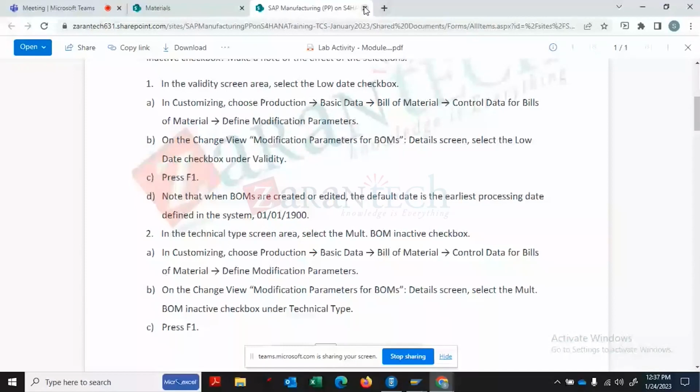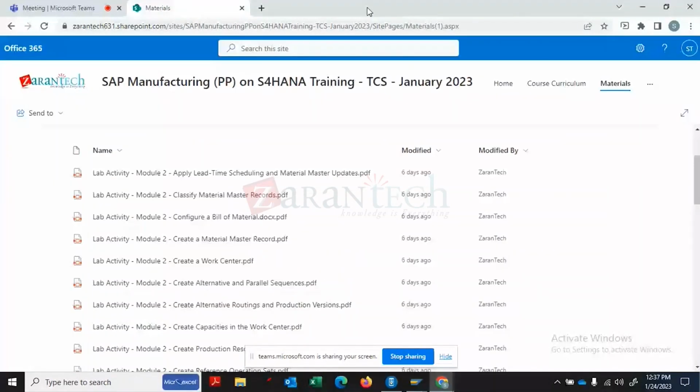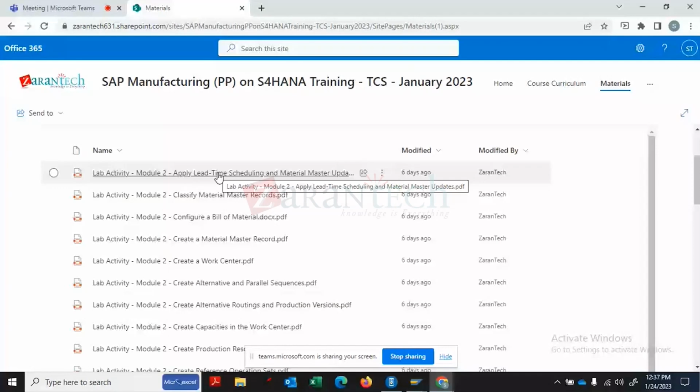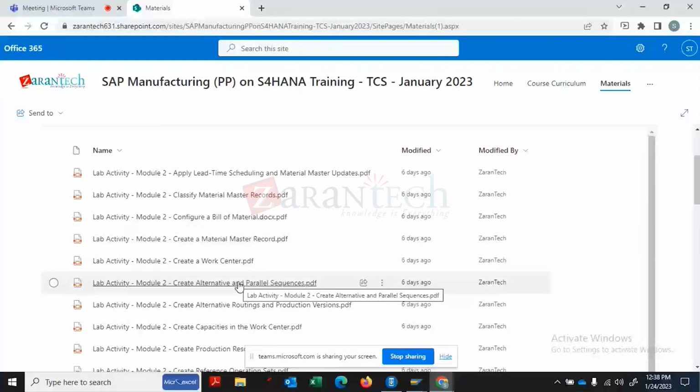This one you have done now. So this is complete, right? This part, and so apply lead time scheduling. This is the routing part. Configure bill of material, classify material, create material master record. These things we have already done. So create work center, update scheduling, alternative parallel sequence, production version, capacity creation,